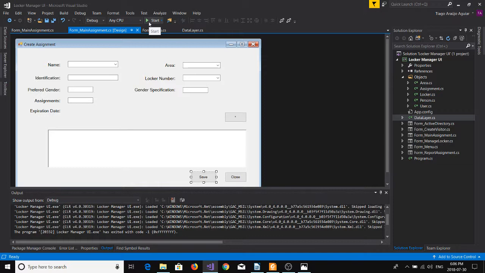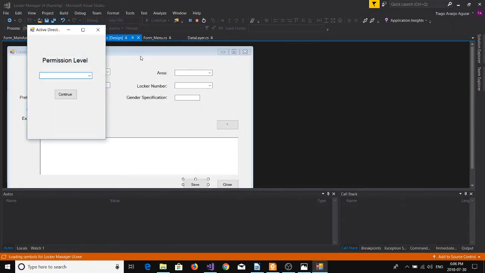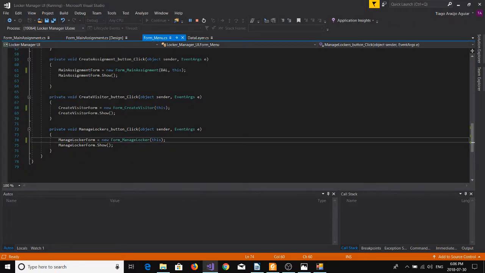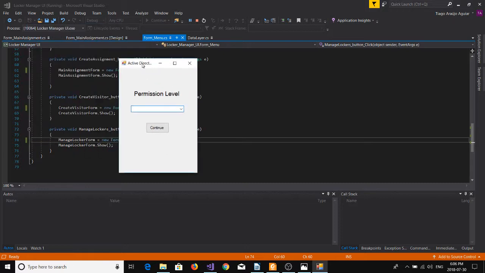So let's start the application. Here we have the first overview. In the beginning of the process, I wanted to use Active Directory groups to set the permissions level of my users. But since that could change some of the configurations of my computer, I prefer to go with a less damaging way. So I created this makeshift